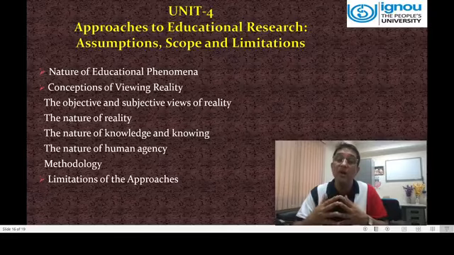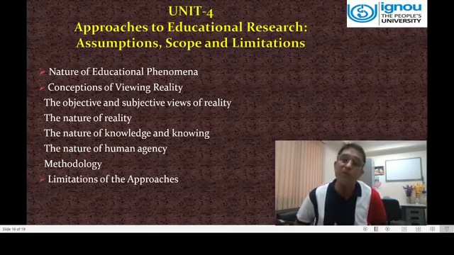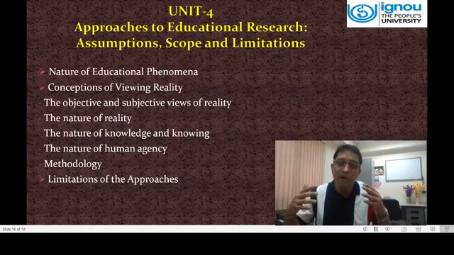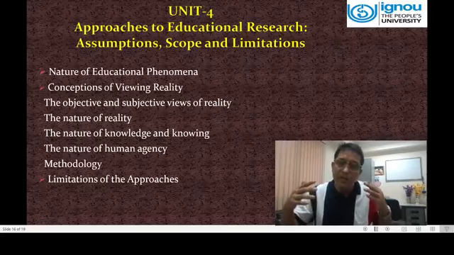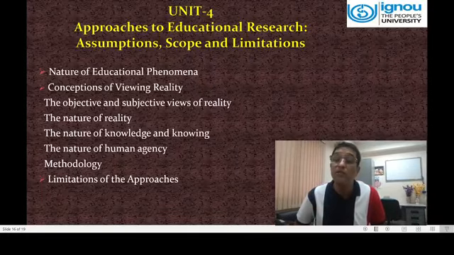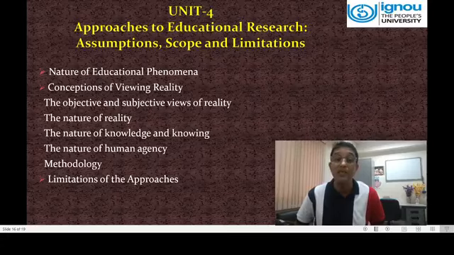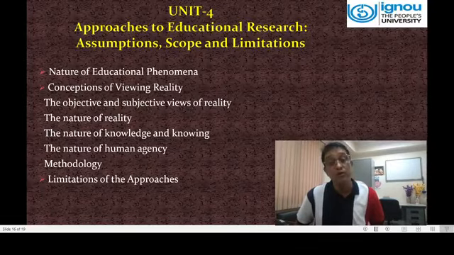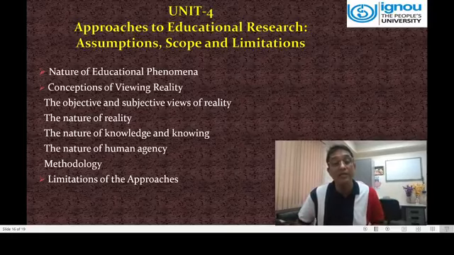You will find that the theories that we have developed are not permanent. That theory may be changed, that theory may be modified, and at another time you will find that a new theory may come. So that's why the nature of reality is different. You cannot say that something is absolute so far as the nature of reality is concerned. It may be objective so far as the physical world is concerned, and it may be subjective.